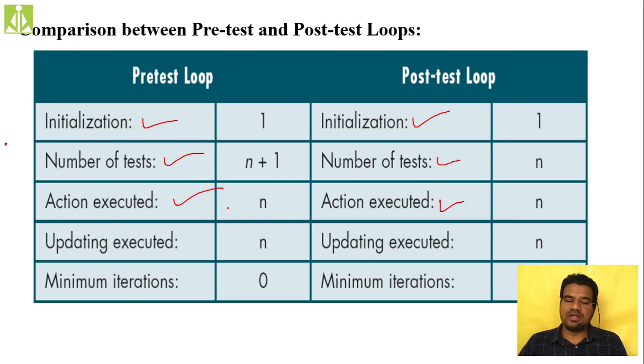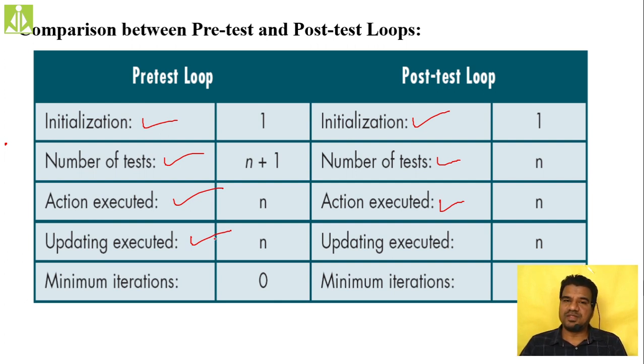The update statement, whatever you are writing, is a part of the body only. If the actions inside the body are executing n number of times, then the updation will also be executed n number of times only. And over here, minimum iterations, in the sense,